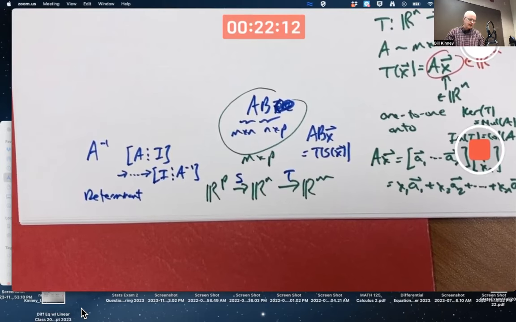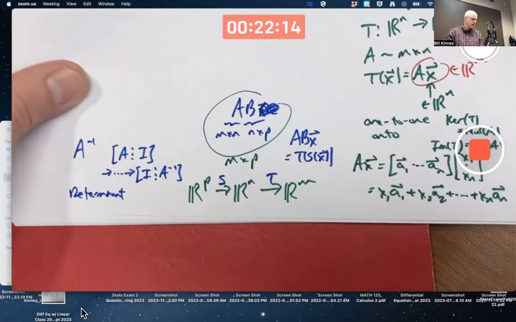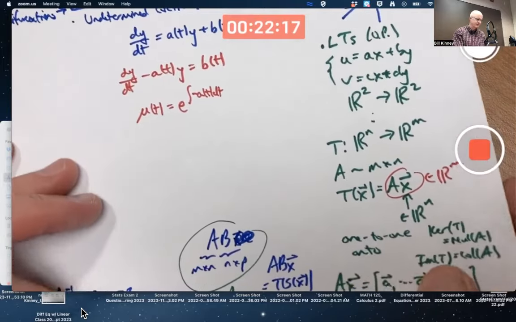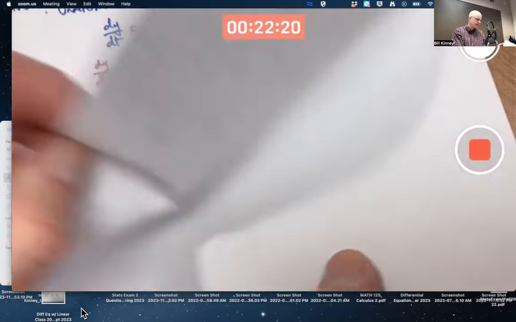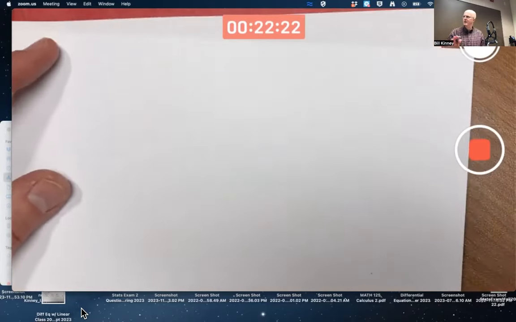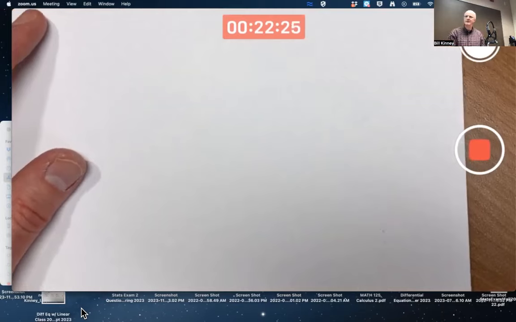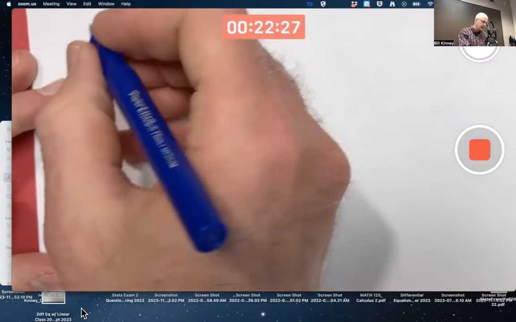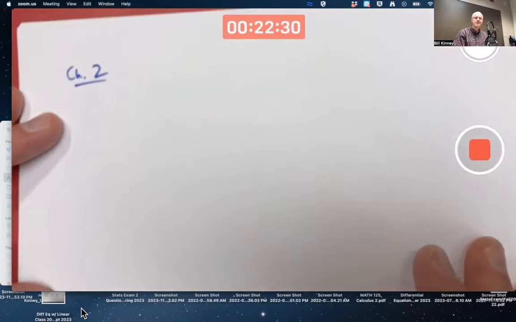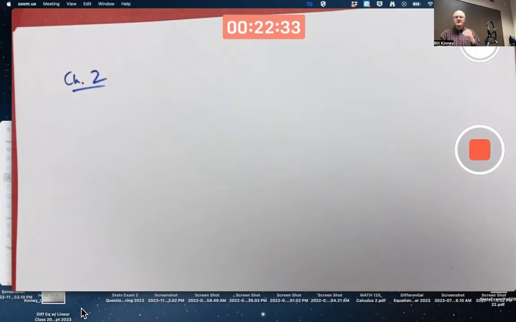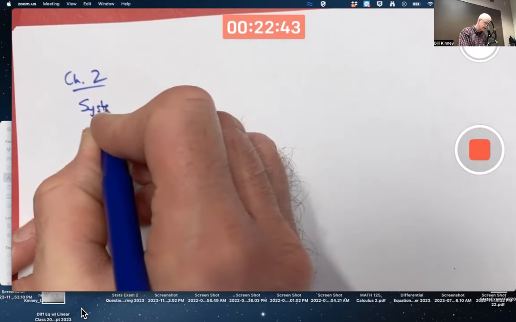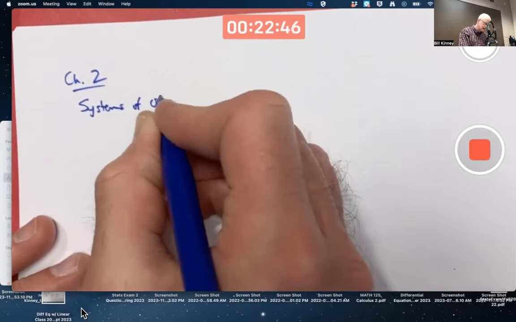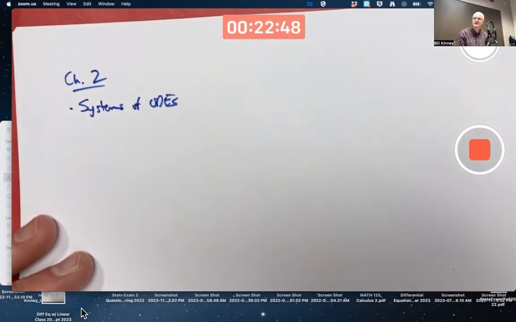We built them up. When we got into chapter 2 of the differential equations, that's about when the linear algebra got more abstract with vector spaces and stuff. But with the differential equations in chapter 2, we were still considering nonlinear equations, but now they were systems. So we started talking about systems of ODEs, including the nonlinear case,